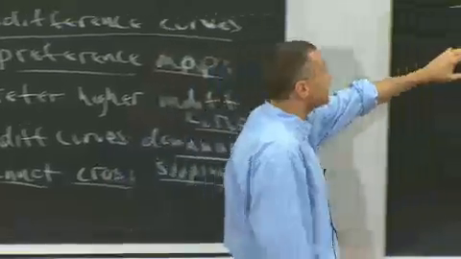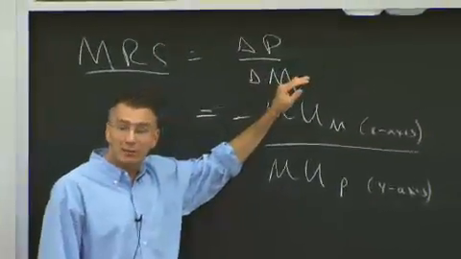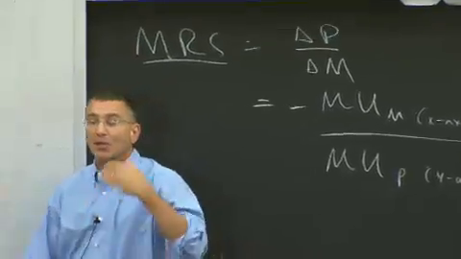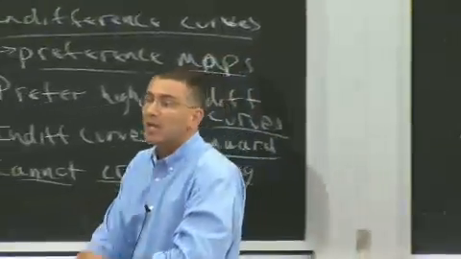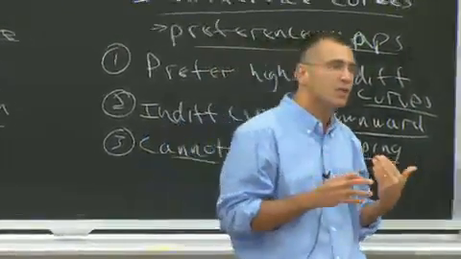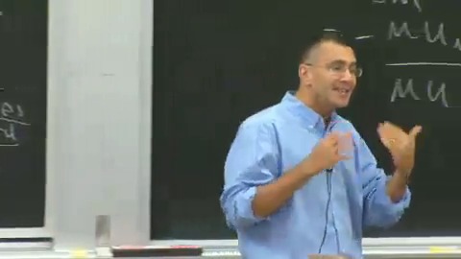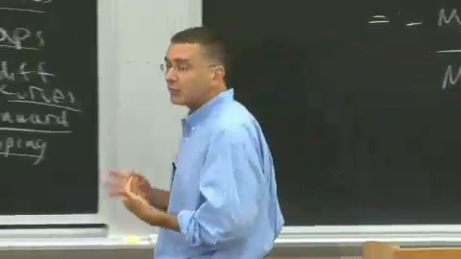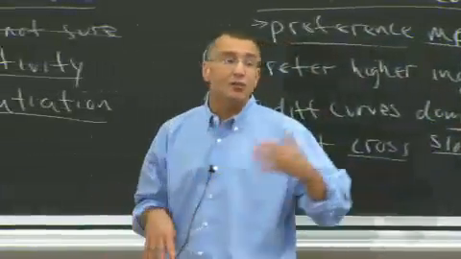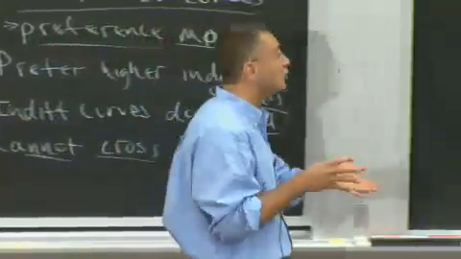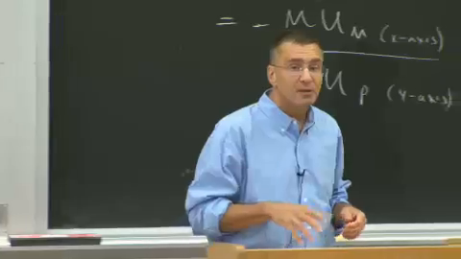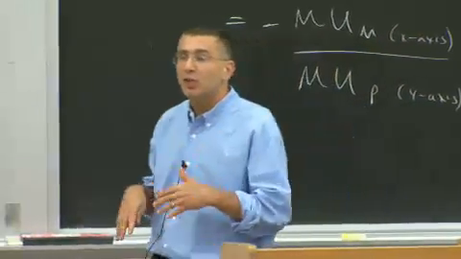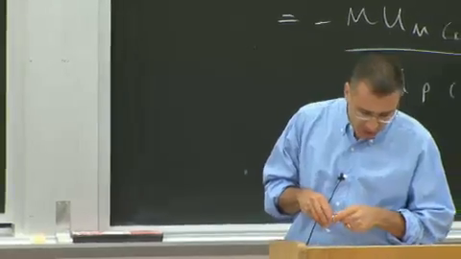So the fact that it's the ratio of the quantity of pizza over the quantity of movies is the same as saying it's the marginal utility of movies over the marginal utility of pizza. Because marginal utility is a negative function of quantity. The more quantity you have, the lower is your marginal utility. And that's the key to understand. So it's the slope of the indifference curve, which is the ratio of the marginal utilities, but it's the marginal utility of movies over pizza. Because what that's saying is that as you get more movies, you care less about each additional movie,